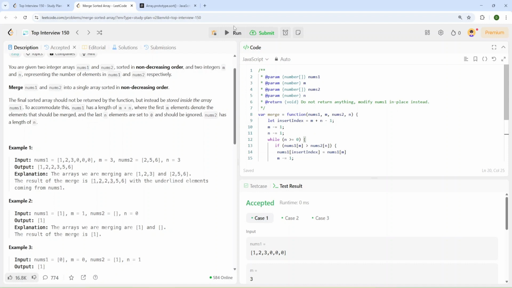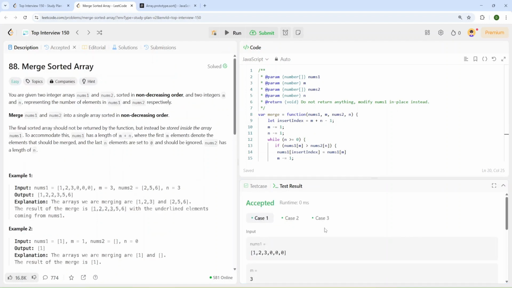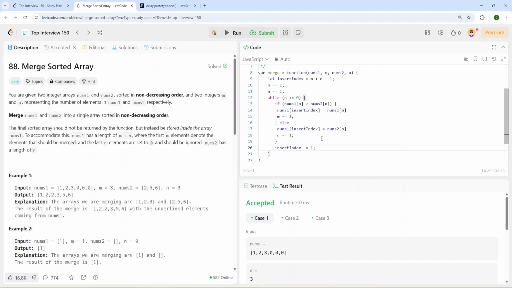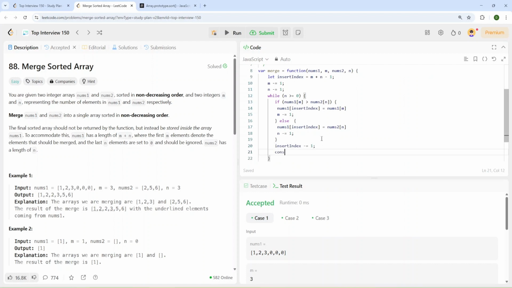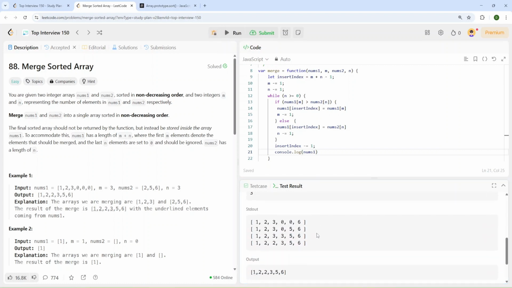Okay, and now I'm going to run my code and check. As you can see, we have accepted test cases. And after each step, let me add a console log, and provide nums1, and let's check what we have in our arrays.